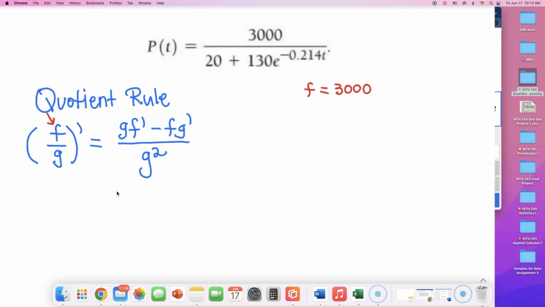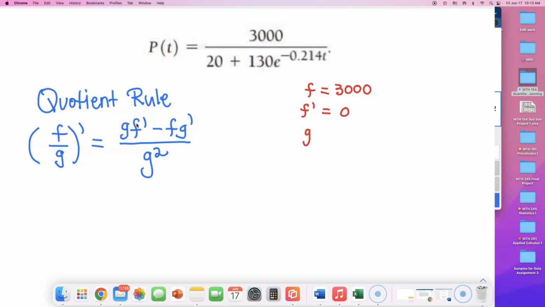But what is the derivative of this constant 3,000? Well, f prime is just 0. So this first part right there is just going to become 0. Whatever g is, if you multiply something by 0, that's just going to be 0. So that term will just get canceled out. But anyways, let's go to g now. g is the original bottom of the fraction, so this whole thing. So I'll write down 20 plus 130 times e to the negative